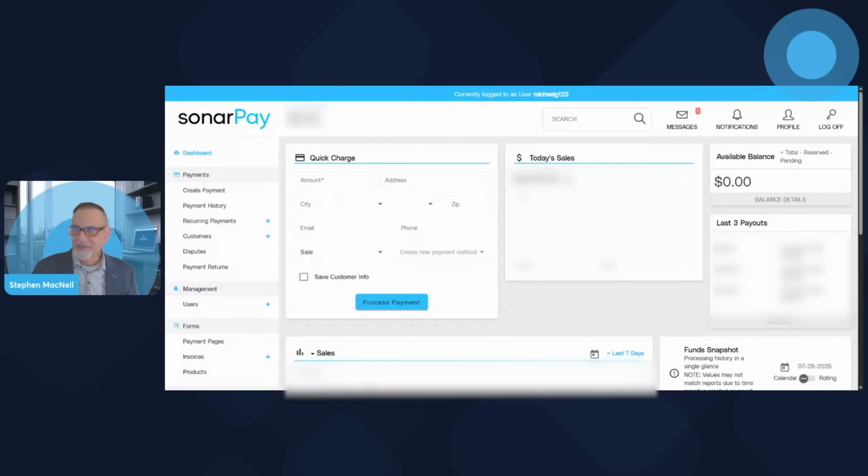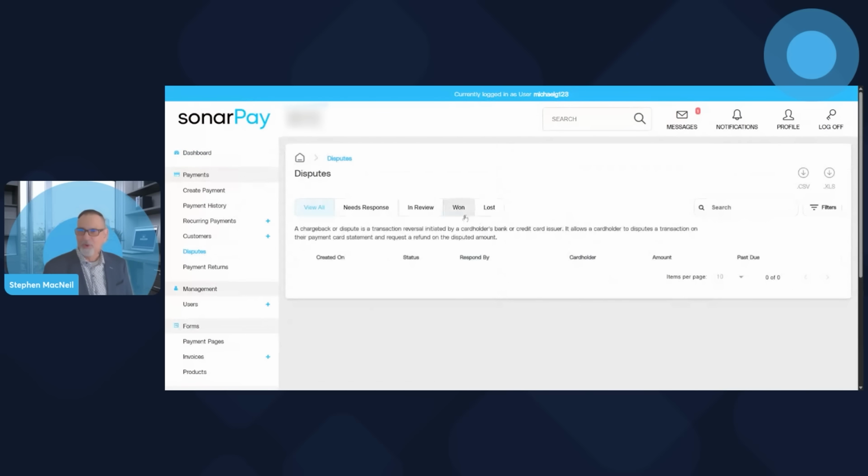Now, why do we have this? One is to action the dispute that we just talked about. When you log in, you will be brought to the disputes page, and this is where you will actually upload evidence against the chargeback. You will accept liability if you choose. So that's one reason why you'll need the payment processor. And this is also where you'll be able to see all your chargebacks at one time and action them while you're there or review them while you're there.